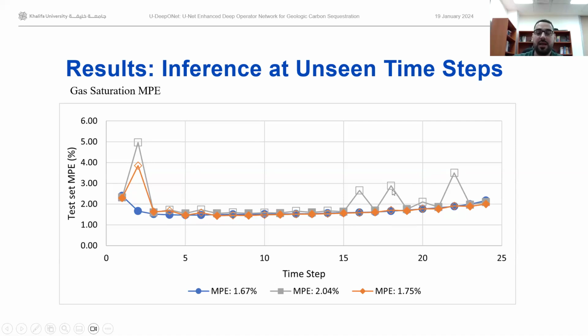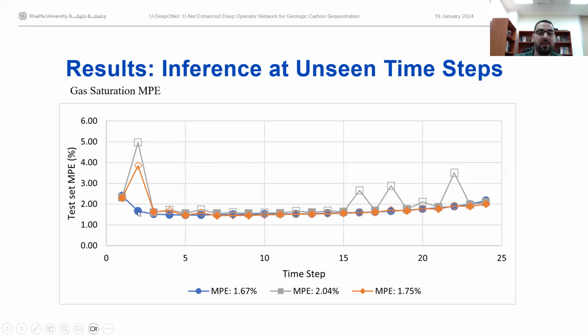Now, we weren't very satisfied with this performance because we lose some accuracy at some of these unseen time steps. So we decided to fine-tune the trunk network. So we changed the architecture from 10 layers to 16 layers, and we changed the width from 64 neurons per layer to 14 neurons per layer. And that resulted in a significant improvement in generalization performance to unseen time steps. This is represented by the orange line, and we can see that it can generalize very well and it maintains its accuracy throughout, apart from this very first